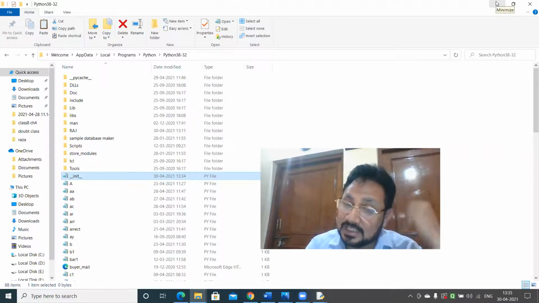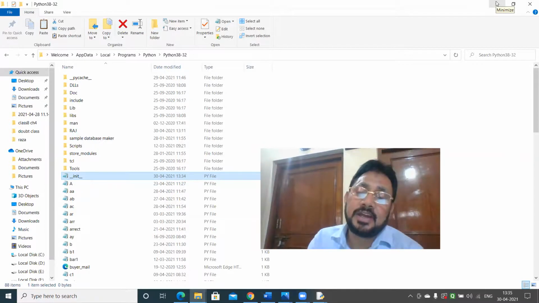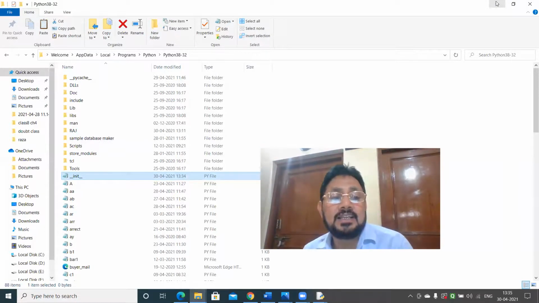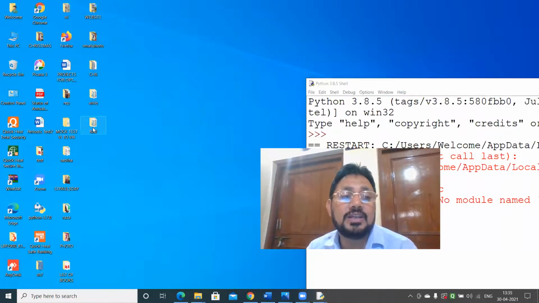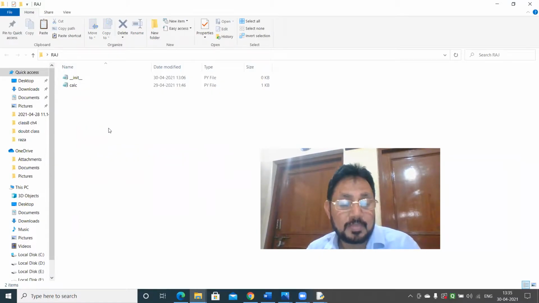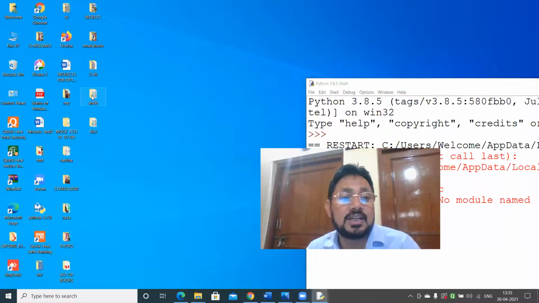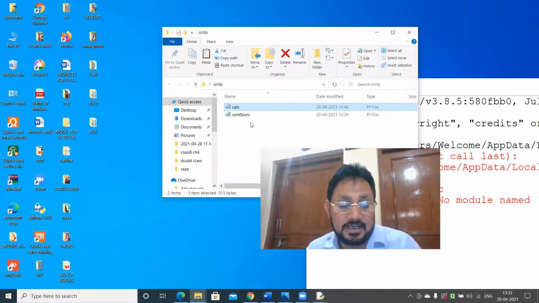One is calc, another is your Fahrenheit file, and now you are copying init. And that init has to be stored, sorry, not in Raj, in your serlib folder.